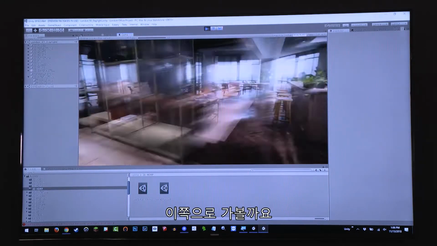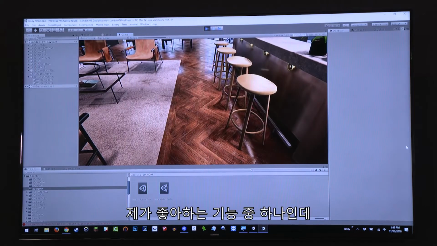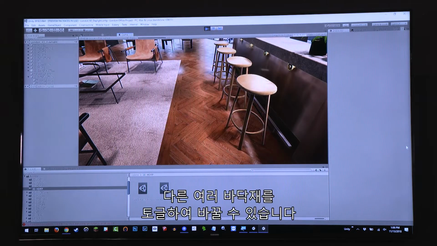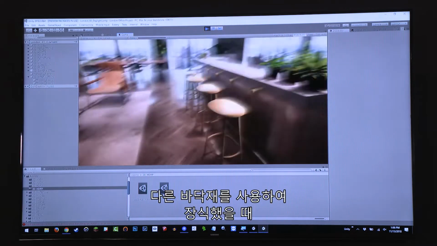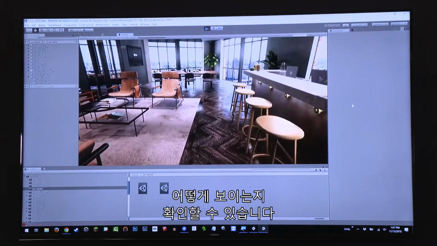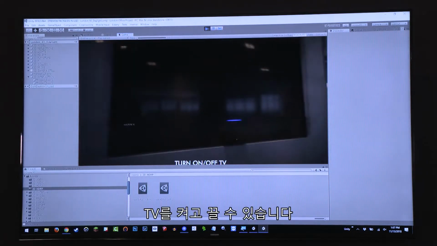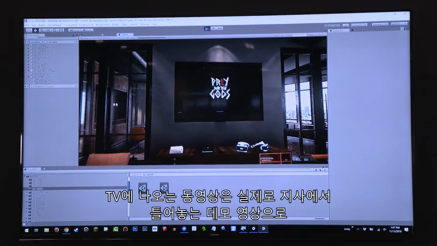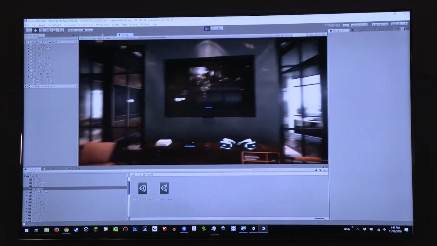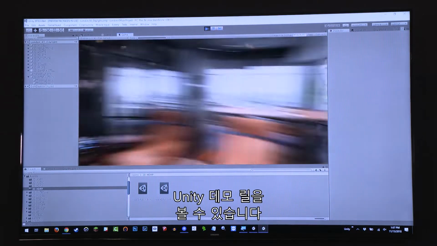And I can walk around in here. There's some functionality built into this. One of my favorites, we have the ability here to toggle between some different floors to say, okay, these are some different floors that they were looking at when they built this. So what does that look like? And we can also come over here and maybe turn the TV on and off. And this is the actual demo video that we play in the offices. So we can see the Unity demo reel there with the reflections from the windows behind me.